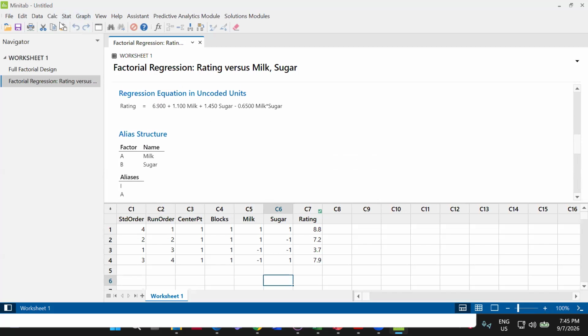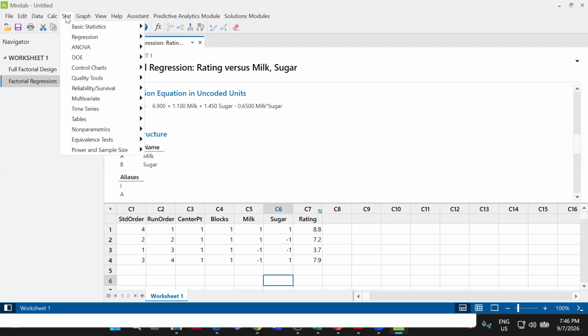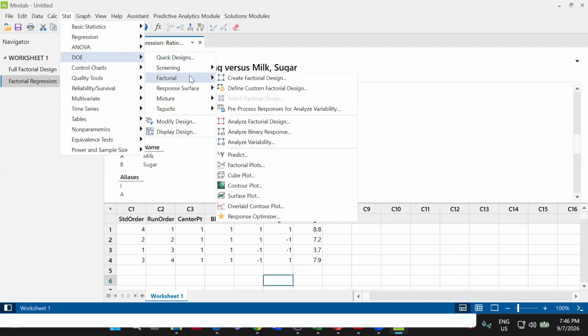Then the next thing we did yesterday was to plot the main effect plot and then the interaction plot. So we will try to plot that here. In order to do this, we will go back to DOE. Then we'll go to factorial. When we go to factorial, we now have access to